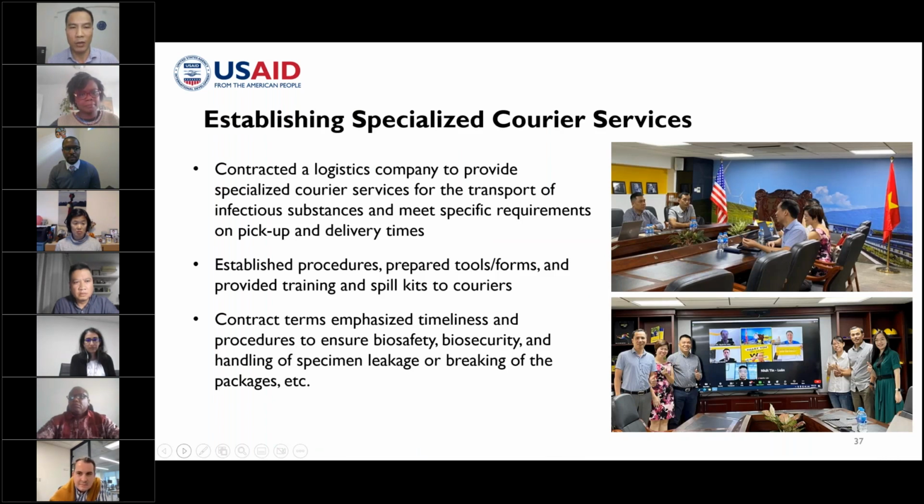And about establishing a specialized courier service, we worked with several companies to explore the opportunity because actually all of them do not provide the service publicly. Some of them provide a specialized service for a target company, like a vaccine company, but essentially we needed to work with some large network companies, and then we selected one of the private companies that has a nationwide pickup and delivery network. We didn't choose